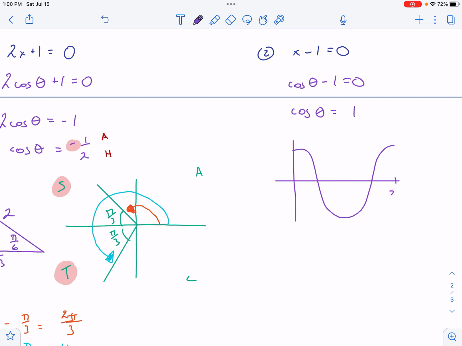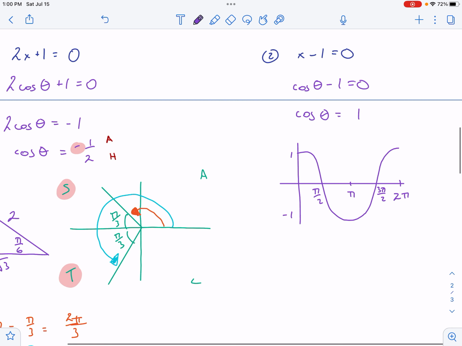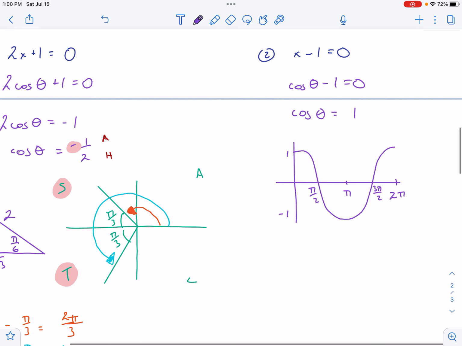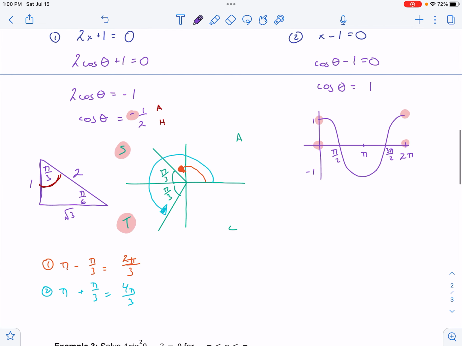This will be 2 pi. This is pi, pi over 2, 3 pi over 2. Okay, I have a 1 and a -1 down here. And I need to know, when does my function equal 1? Well, it equals 1 at 0, right there, and at 2 pi. So we've got two options here. It could be a 0, it could be a 2 pi,